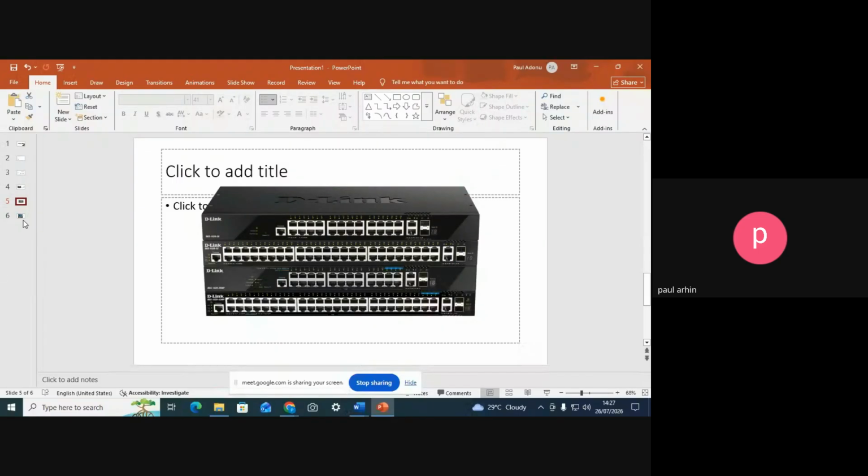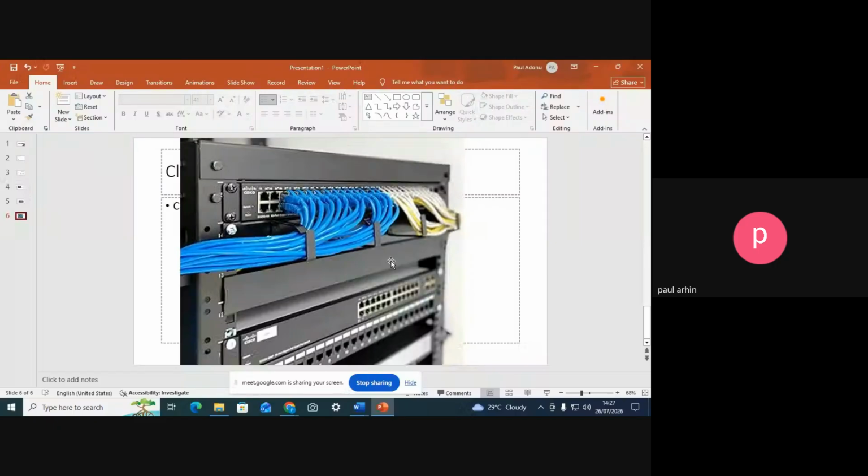Now, considering this diagram on the screen, know this, that I've already mentioned that all these cables are connecting to devices, enabling them to share resources or to share information or communicate with other devices on that same network. That is what that switch and the cables are doing in the switch. Now, if this were to be a hub, what will happen is this: assuming computer A in the network is sending information to another computer in that network, like say computer B,